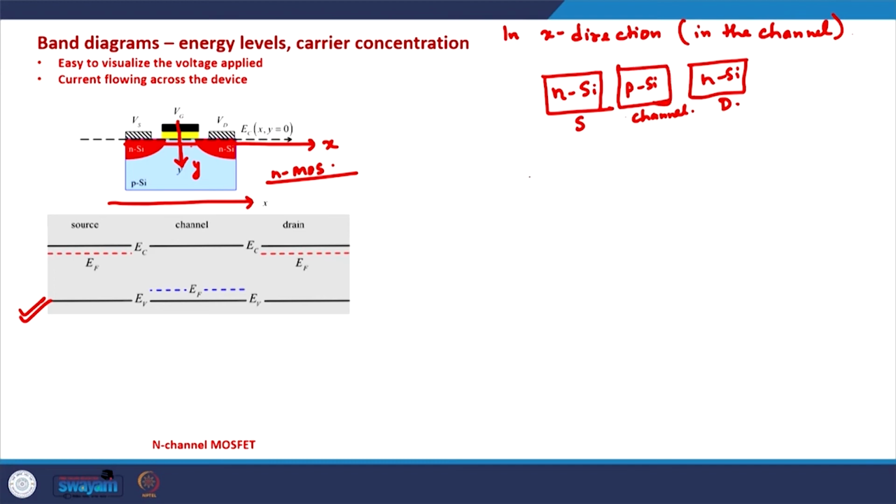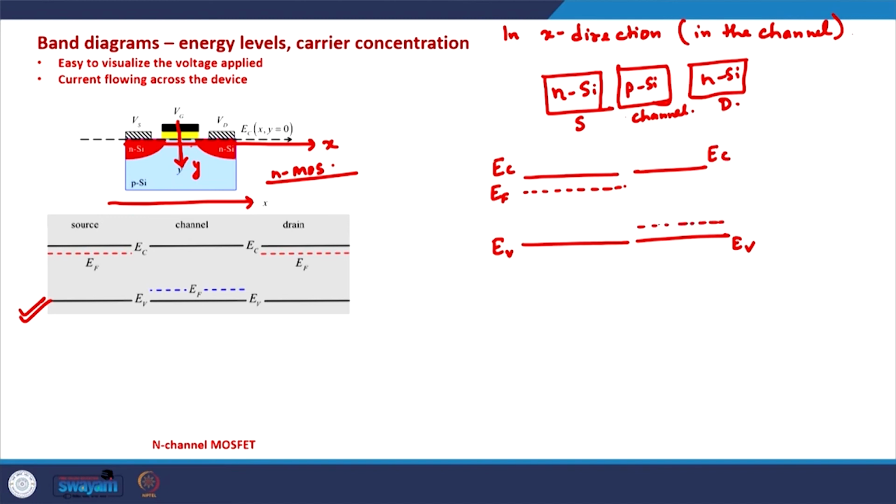And the band diagrams of these regions of the device: in an N silicon, we have a conduction band edge here, the valence band edge here, and the Fermi level is quite close to the conduction band minima. In the P-type regime, we have the valence band maxima EV, the conduction band minima EC, and the Fermi level is close to the